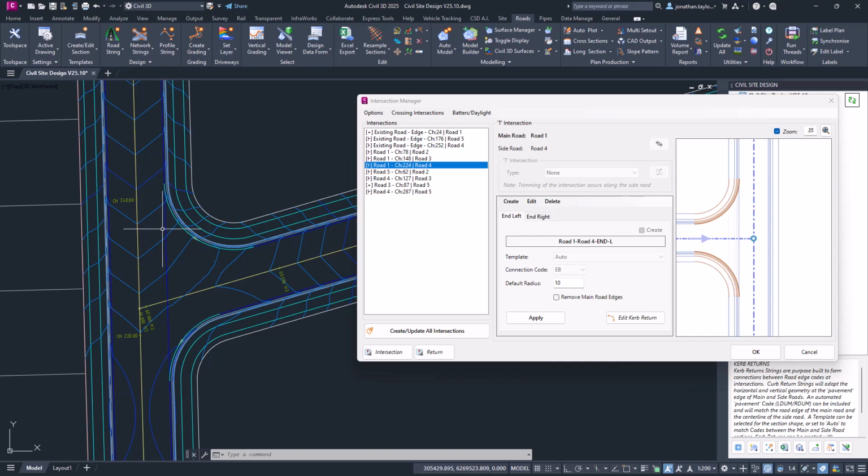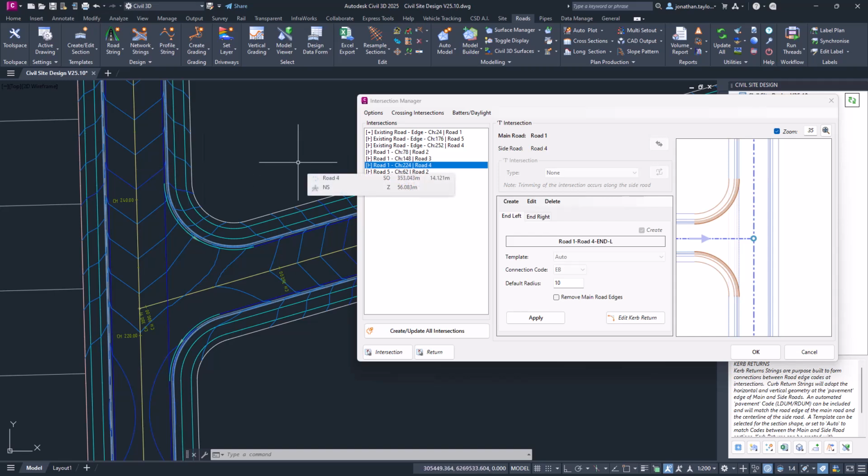There may be an instance where you do not want this particular code to be pushed through at all, and this sometimes can be referred to as maintaining both of the road crowns. We do actually have a video on our YouTube channel which you can search for, and I'll put a comment in the description for it, regarding how you can use a design variation to basically push that EB code to be about 1 millimeter away from the center line, effectively forming a saddle. You no longer need to do that with the intersection manager.